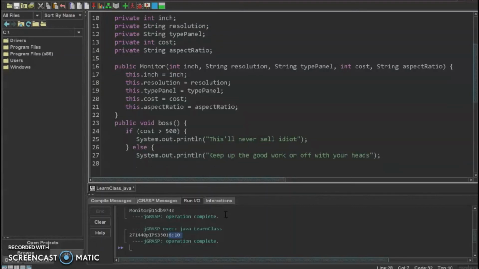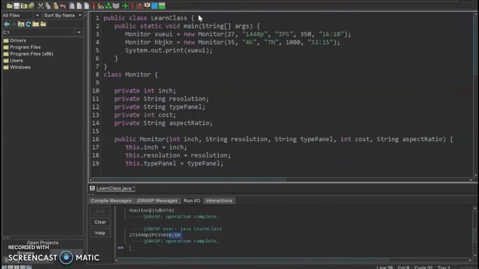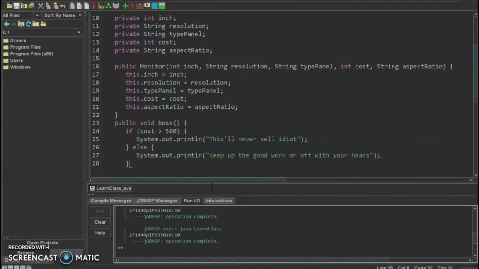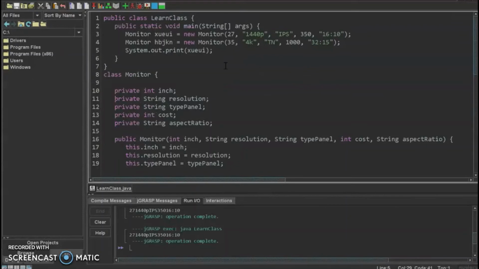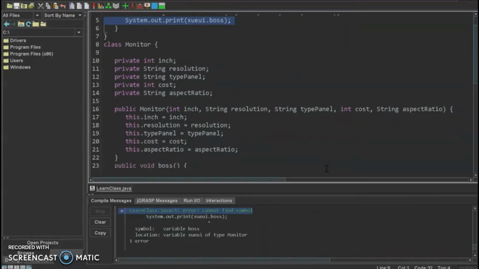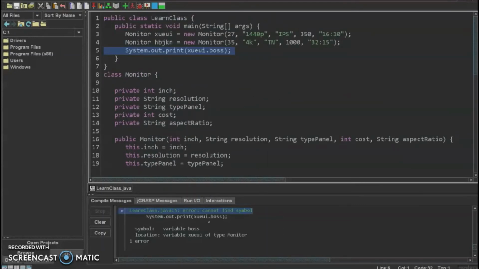Okay, let me close this. It's already closed. Okay, now when we run it, I have to specify that I want to run the boss method. So I have to name the object, because I can't just say, oh, boss. It has to be linked with an object. So when we run it, variable type monitor, public void boss. Okay, you're seeing this problem, and it says it can't find the symbol